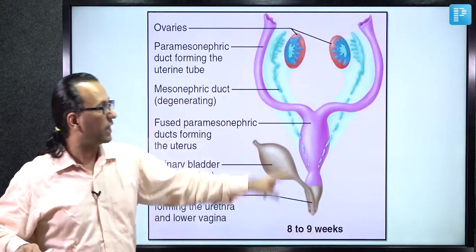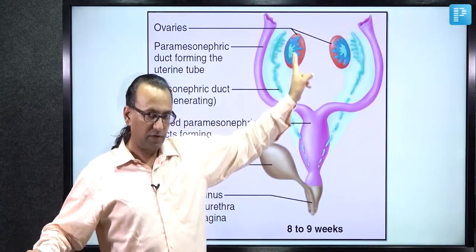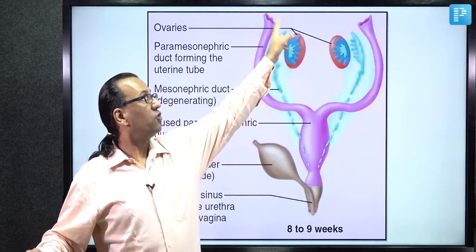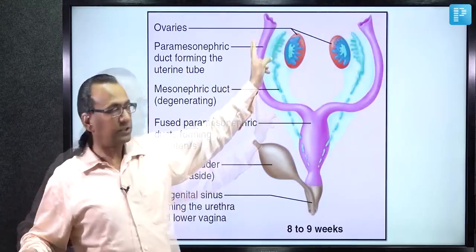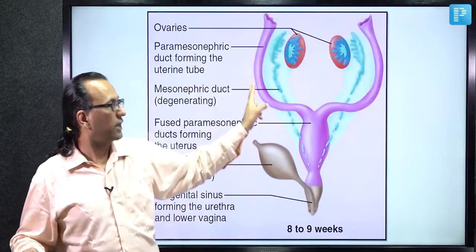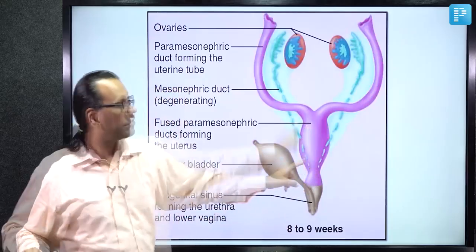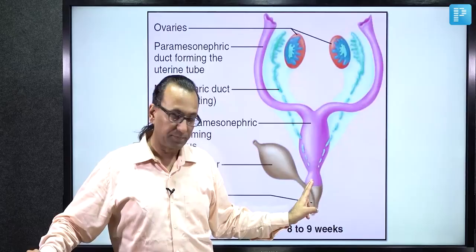And as you see what happens to the gonadal ridge, they become the ovaries. Ovaries will be undergoing ovulation and giving the secondary oocyte, which will be taken by the fallopian tube. This is the fallopian tube which will carry the fertilized oocyte towards the uterus, and then it will be implanting into the uterus here. As we understand, the fallopian tube and the uterus, upper 1/3 of vagina, come from the